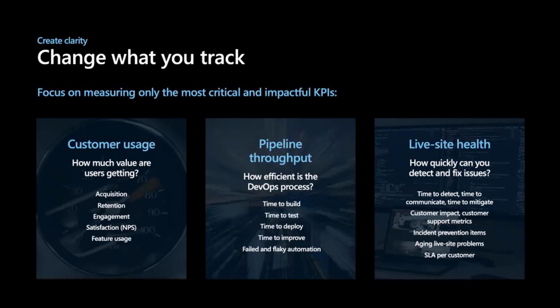Pipeline throughput. Now, we mentioned a bit earlier around automating all the things. Of course, you can absolutely automate everything, but there comes a point where there's diminishing returns. So really what you want to think about here is how efficient is that overall DevOps process? How long does it take to build? How long does it take to test? I'll give a particular example a little bit later around the Azure DevOps team on that. But things like